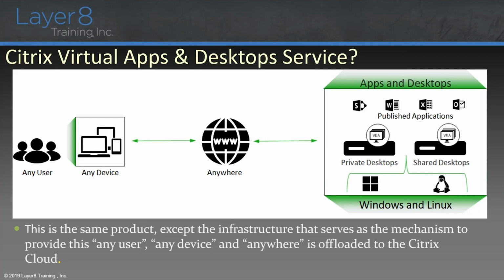The maintenance and upkeep of your delivery controllers, your StoreFront servers, your SQL server, your license server, and potentially your Gateway and/or your StoreFront, we can take those off your system. So the infrastructure, or the control plane, is now put into the Citrix Cloud. So this is an option that you have, and the CWS is going to take both of these and put them side by side so you see the difference